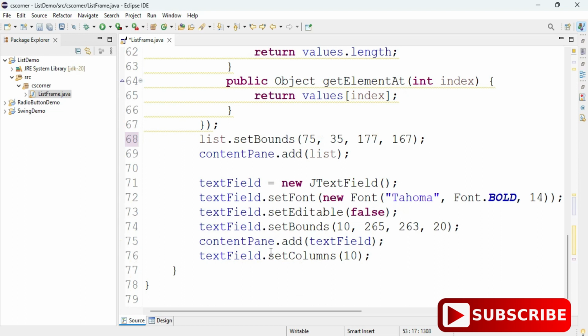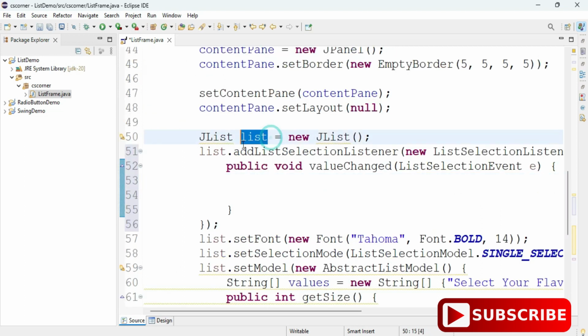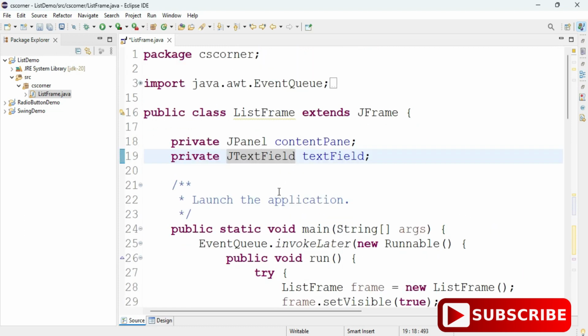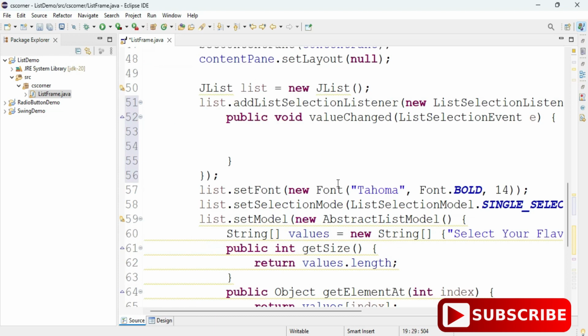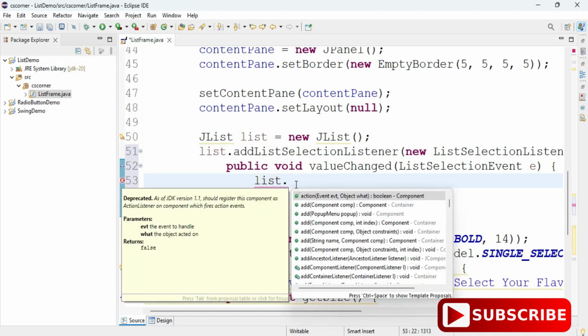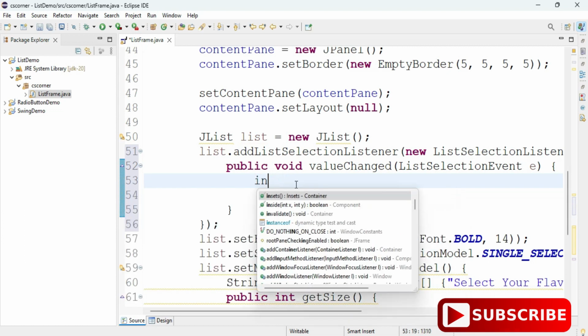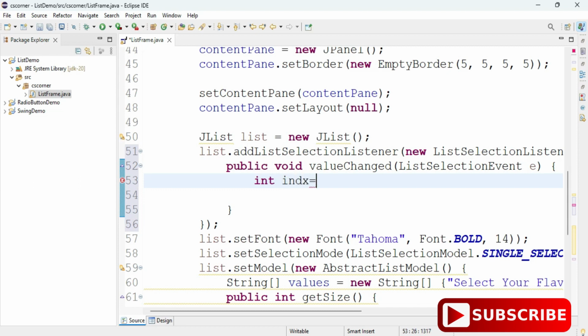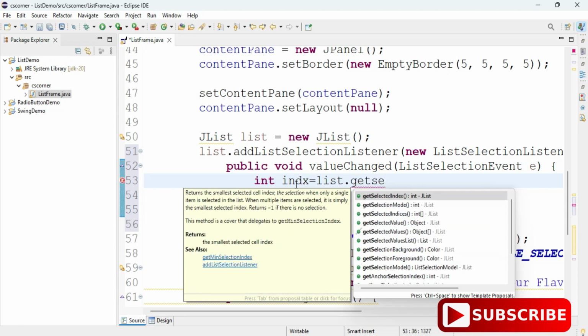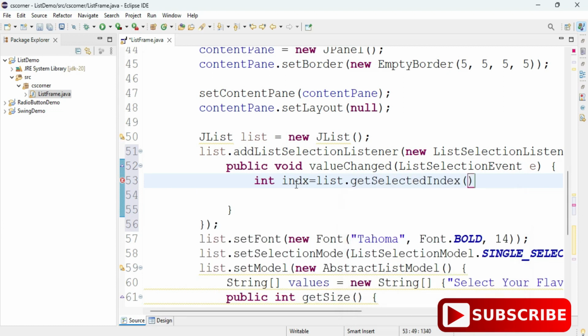Now after that guys, I'm going to simply get the index of whatever the user has selected, and based on that I'm going to display the message. Okay guys, so let's write code inside the value change event. So for list we have the value change event. So I'm writing list, that is my list box name, JList name, dot, and here I'm going to use the method getSelectedIndex, but before that I'm creating an index variable, because getSelectedIndex returns an integer value. So int index is equal to list.getSelectedIndex();